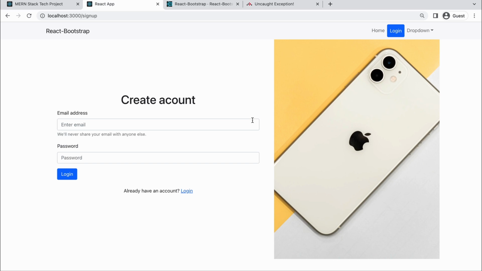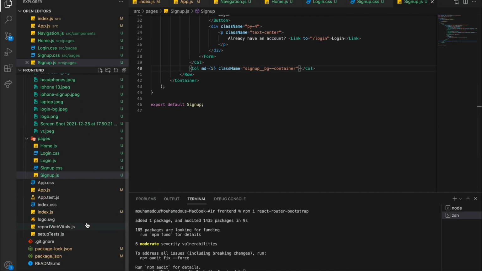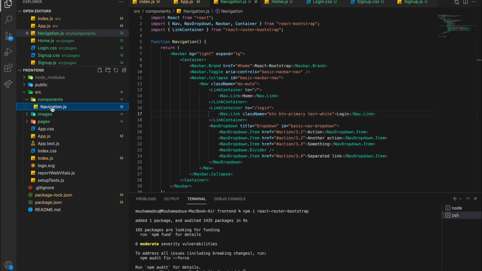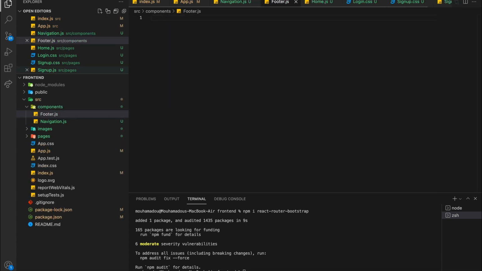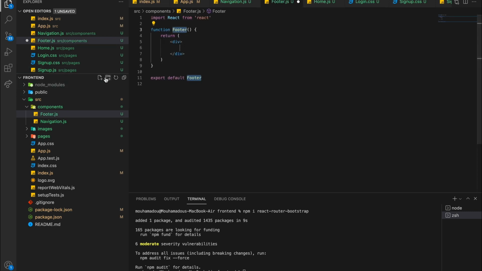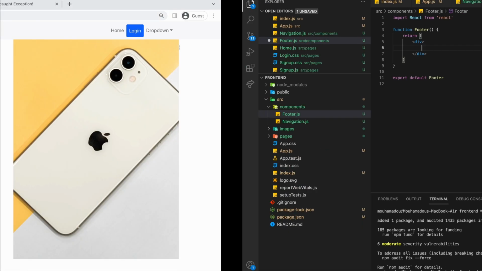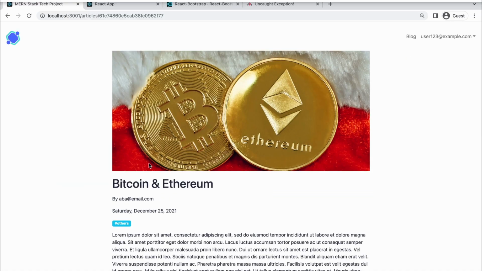So from that point I think we can build our footer. So in our components we can create the footer.js, RFCE again, and the footer is going to be actually very simple. So we can say here, like in the example,